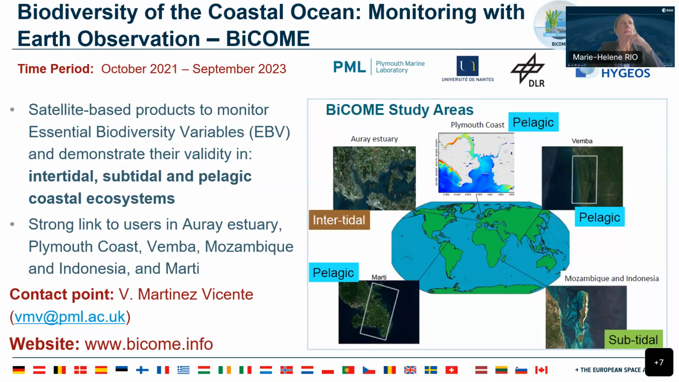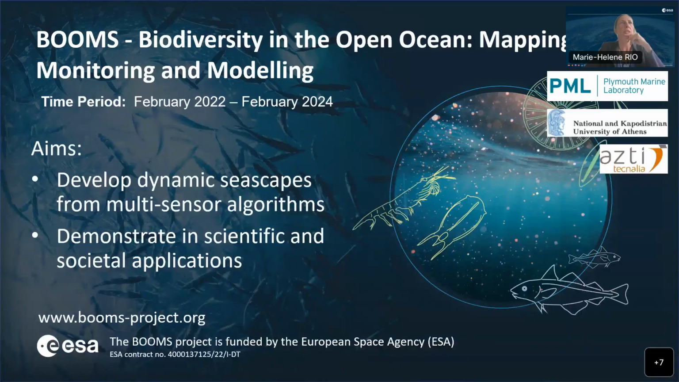In the biodiversity flagship initiative, we also have a project dedicated to open ocean biodiversity. It's called BOOMS, and the objective of this project is to develop dynamic seascapes from the use of satellite data, and again demonstrate how these seascapes can be used for a number of scientific investigations, but also for more applicative uses, like the mapping of marine protected areas, linked to fisheries, and so